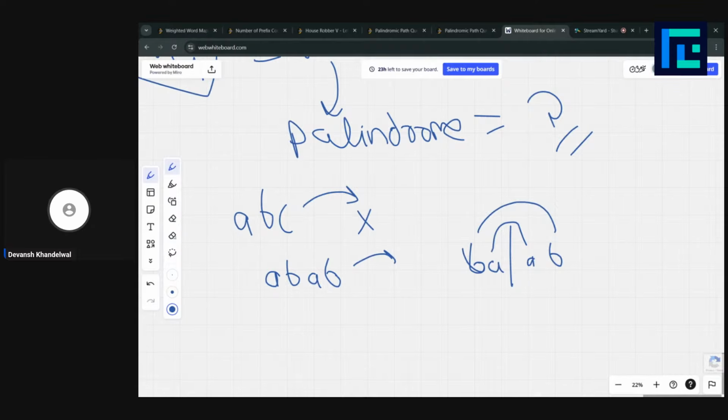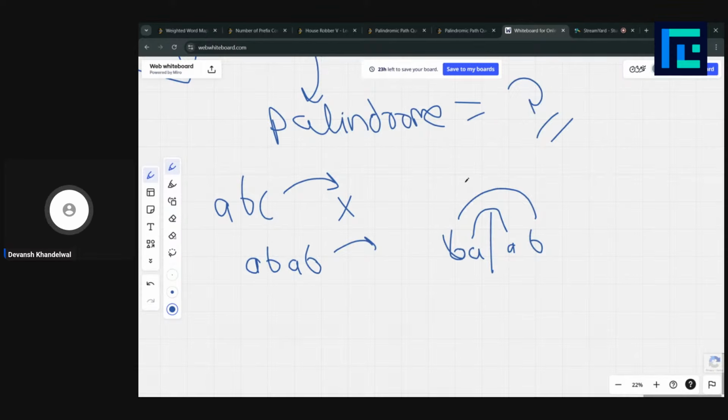There is one more property of palindrome that is going to help us a lot, right? When we are rearranging it, there is one thing we should notice here. We should notice in this palindrome, each character would have its mirror character, right? Am I right? If this string is a palindrome, each character here would have a mirror character.